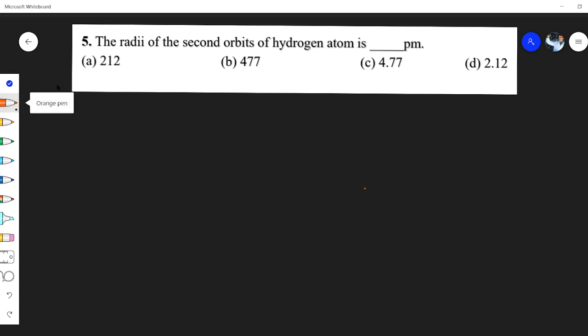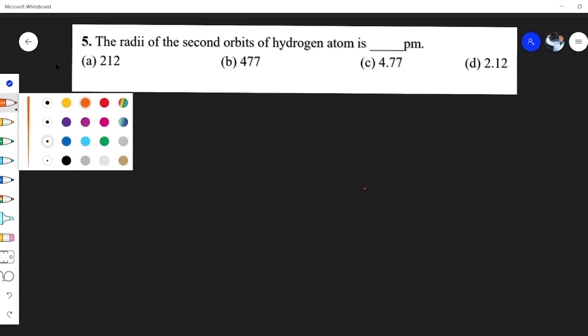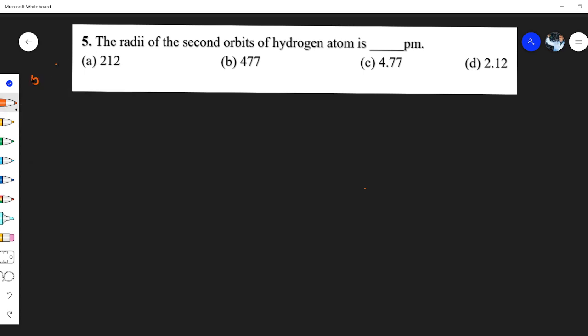Welcome to lecture number 5 out of the 1000 question series. This is question number 5 out of the 1000 question series. Try to solve this particular question and give the answer in the comment section. I'll be seeing how many of you are able to give the correct answer for this particular question, right?